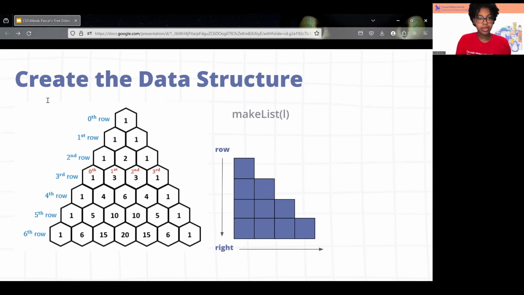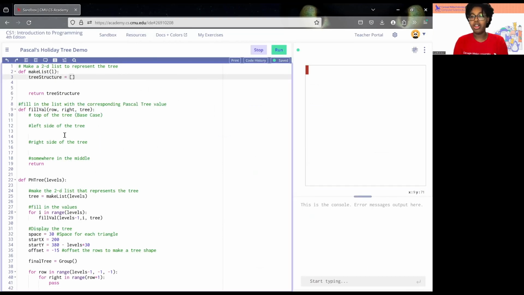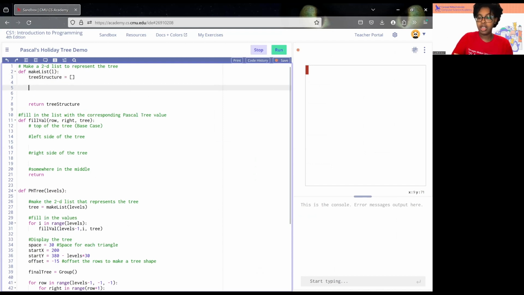Looking at our code, initially, I'm just going to call my list tree structure. In order to make a 2-dimensional array, we need 2 big things. Every time you make a 2-dimensional array, you're going to need 2 for loops. So I'm going to say for, where the first thing that we're going to do is we're going to be creating our outer list. So we went ahead and called that row: for row in range 1, comma, and then L is what we take in, which is the number of levels, L plus 1, and